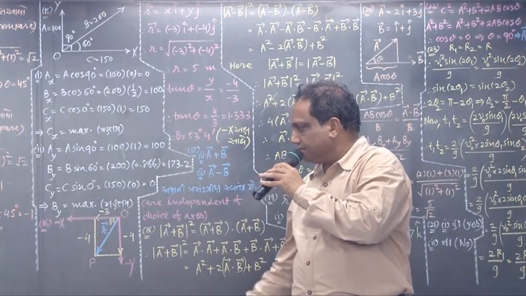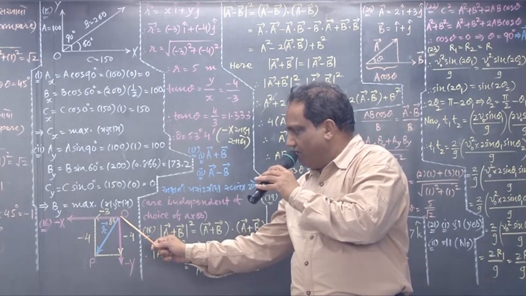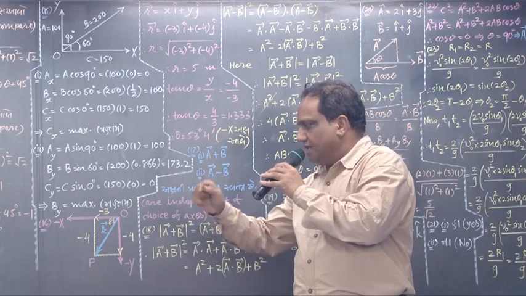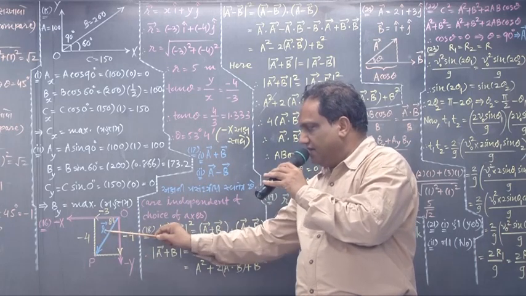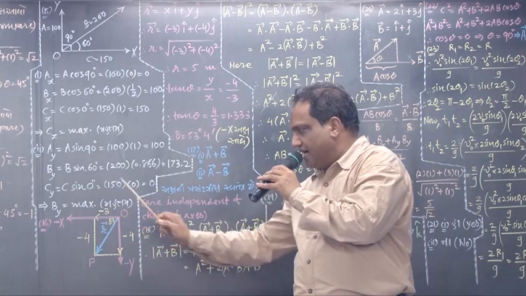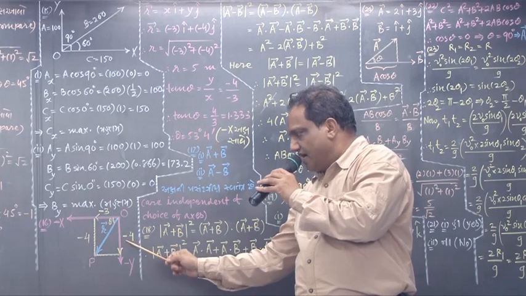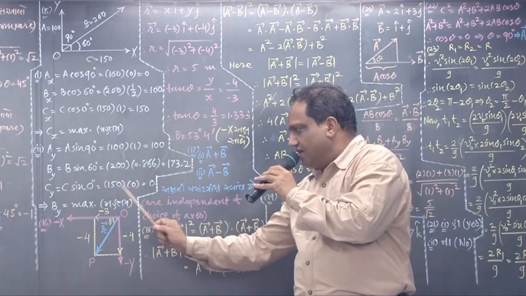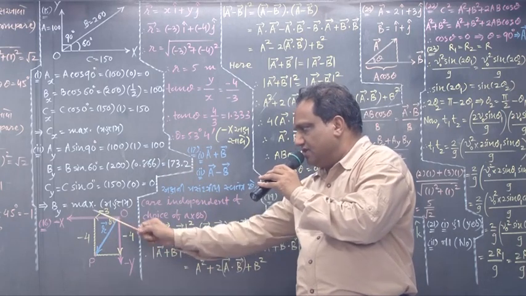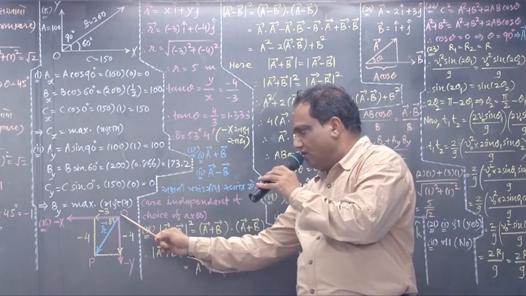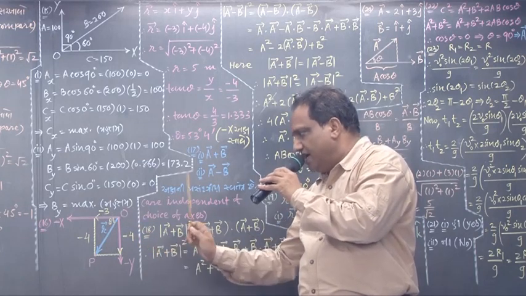Look, we have one position vector which is in the third quadrant. They have not given directly that it is lying in the third quadrant, but we can make out because its x component is negative and y component is also negative, so it must be in the third quadrant. The x component they have given as 3, but we should take minus 3 because it is along the negative x-axis. The y component they have given as 4, but it is along the negative y-axis, so I must take it as minus 4.